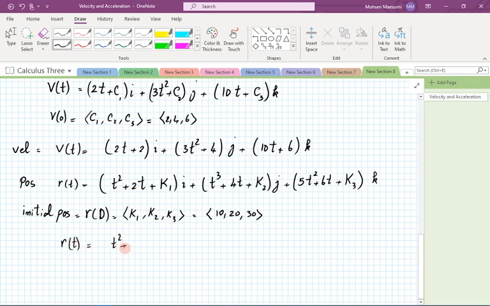So t squared plus 2t plus 10, first entry. Let's go back to this position. T cubed plus what's that, 4t plus 20 for the second one, and this one became 5t squared plus 6t and say 30. That's a third component. So this is some kind of a curve in space. Not going to be easy to guess what it looks like, but it's just some curve. That is the trajectory of the particle that is undergoing such an acceleration, and with those initial position and initial